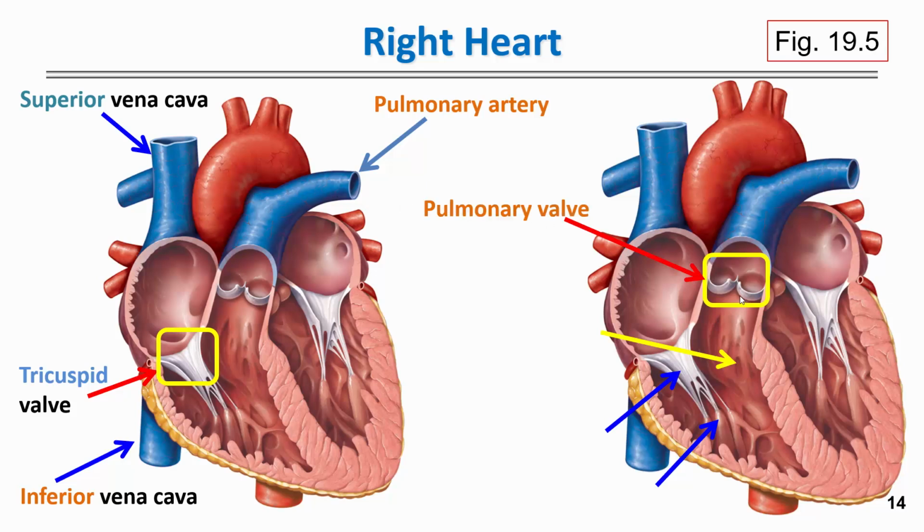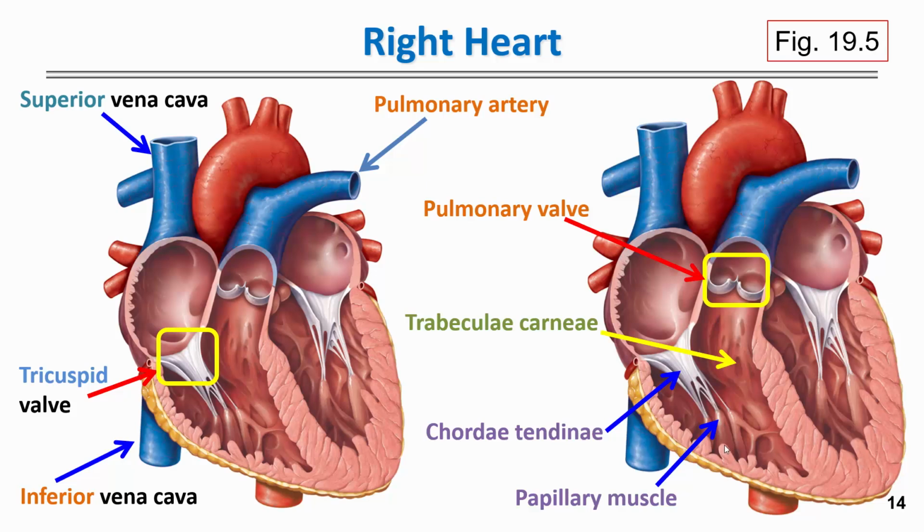And the pulmonary valve is located between the right ventricle and the pulmonary trunk, so that blood, when it leaves the right ventricle, continues to exit but does not spill back into the right ventricle when this valve closes. The trabeculae carneae is a reference to the myocardium inside the ventricles that has these ridge-like appearances, but this is myocardial tissue. The chordae tendineae are the tendon extensions that connect the valve leaflets to the extensions of the myocardium